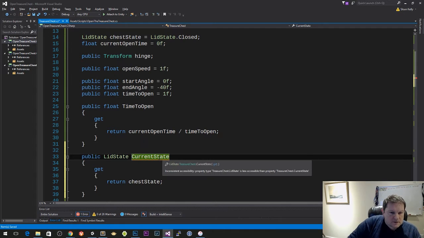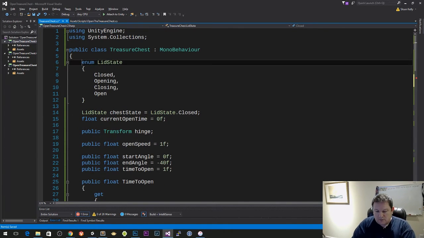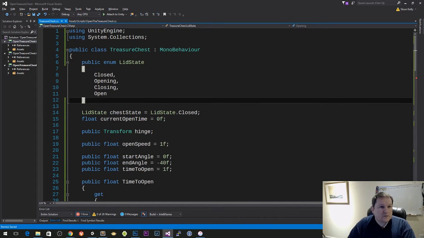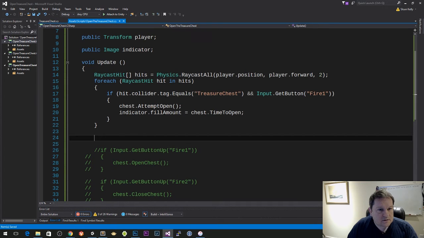Now, the reason why this has got a squiggly against there is because we need to change this enum to public so that we can read it from other classes. So that's fine there. So we have our time to open, our current state. Okay, so